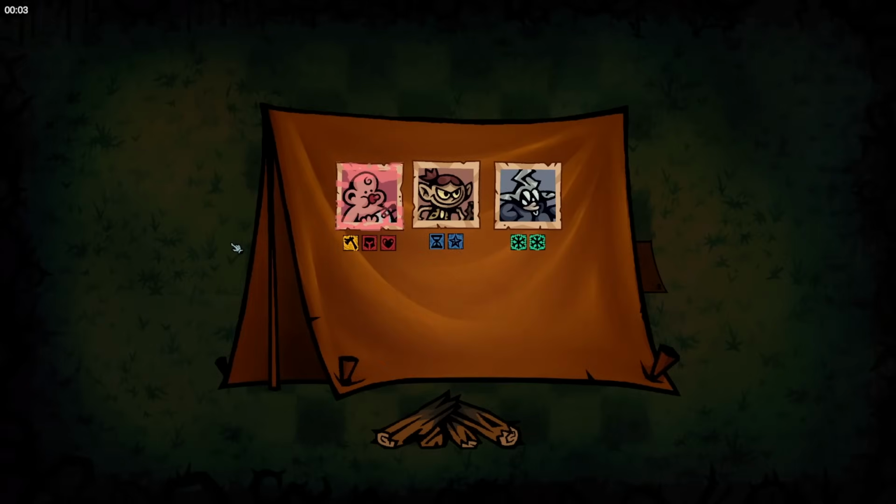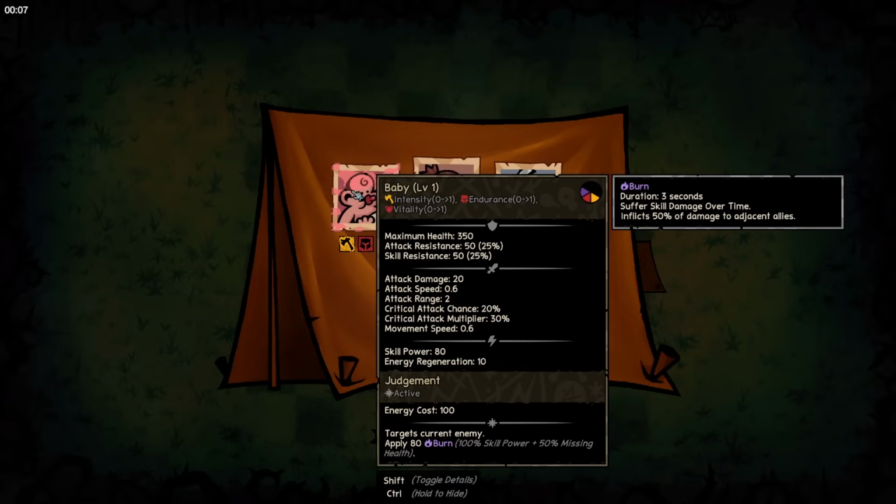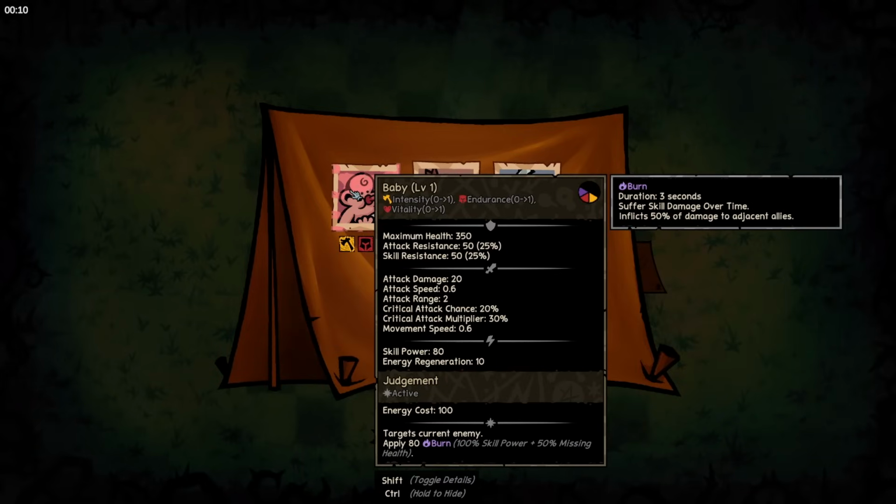And look at this. We got a special baby in that it has 3 traits, where the others have just 2. So what do we know about the baby? This particular one will apply Burn, okay? It's got a stack of intensity, a stack of endurance, and a stack of vitality. And one thing I am noticing that's new about this version of the demo is if you look in the top right corner of the character information card, you see a little pie chart there, right? So the pie chart has a slice of purple, red, and yellow for the baby. So I do believe that that means the baby character itself can have, I guess, synergies from those 3 categories,